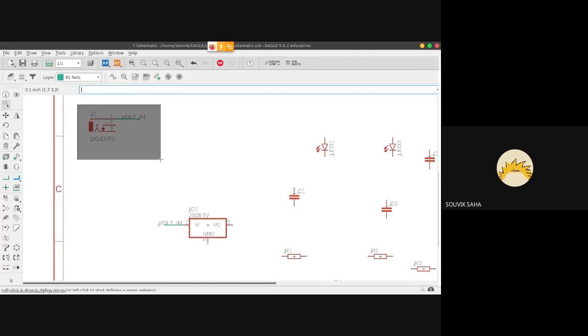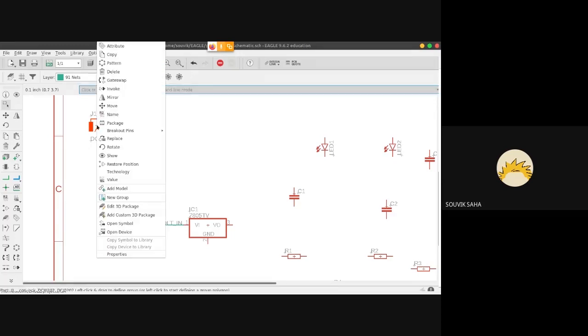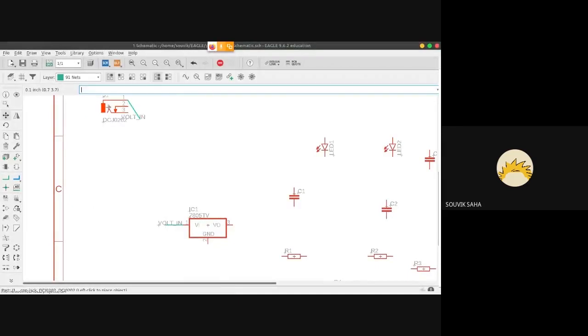and select the whole box like this. And what you need to do is select the whole DC jack as well as the wire, and then you need to right click, and then in right click you will get move.